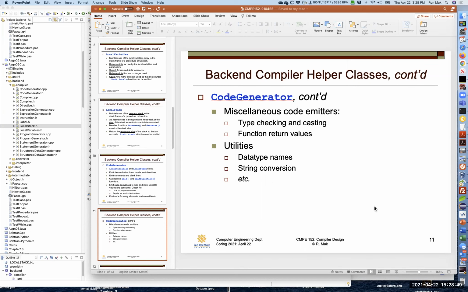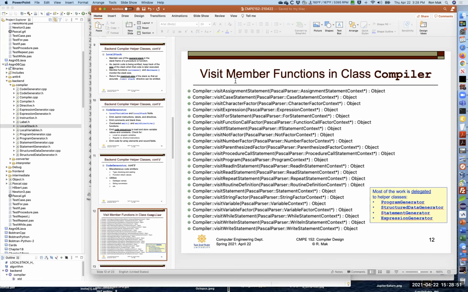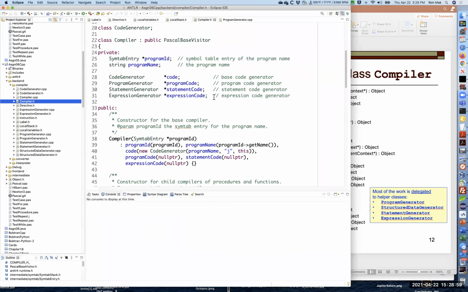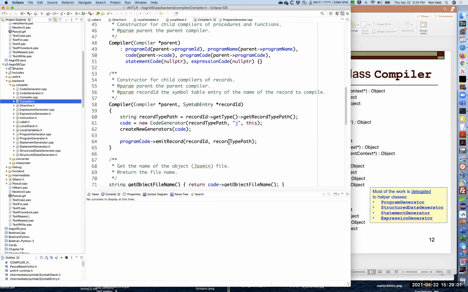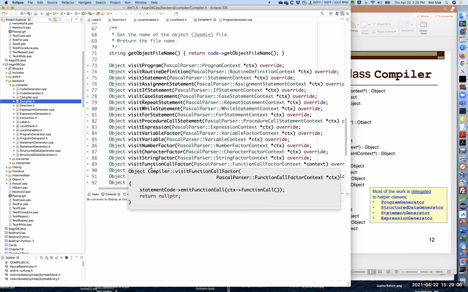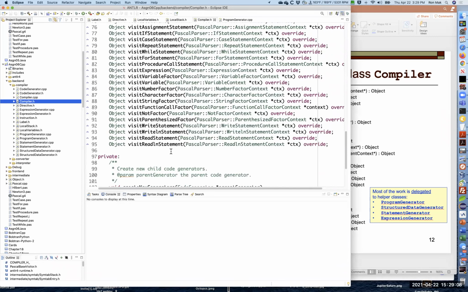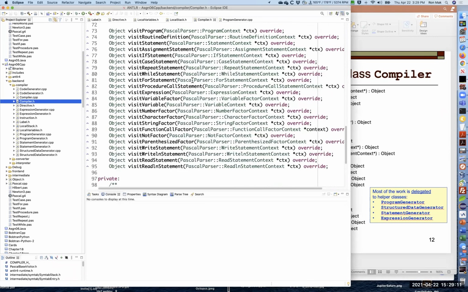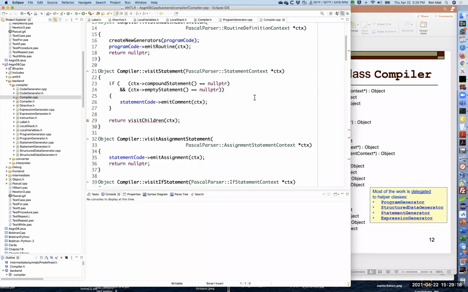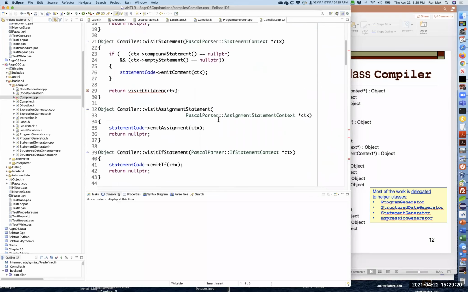Okay. All right, and we have a class compiler. Of course, class compiler is where we have all the various visit functions that we're going to override. You can see there are lots and lots of them. In compiler.h, and in compiler.cpp is where we actually have all the overrides. And it's in these overrides that we emit the